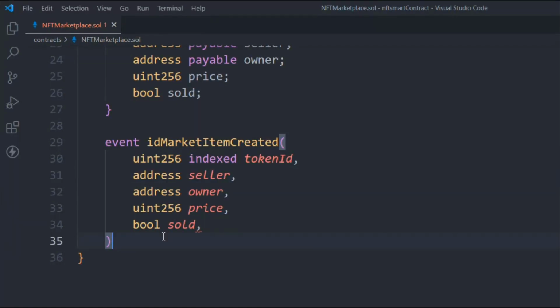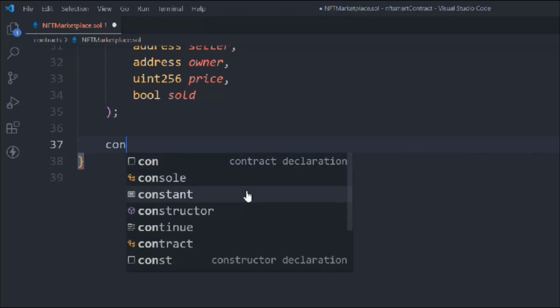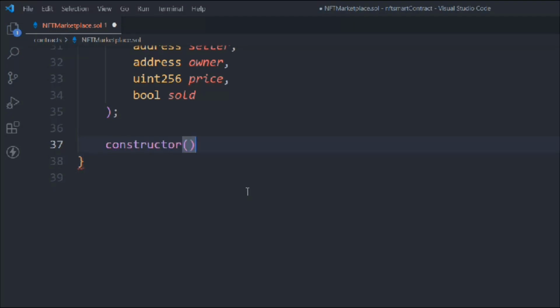Why am I getting this error? Let's provide this comma. Still I'm getting the error. Okay, let's remove this one. So let's save it, and right now we still have the error. Okay, let's continue working. So let's call it constructor, and we're not going to pass anything in this constructor, but